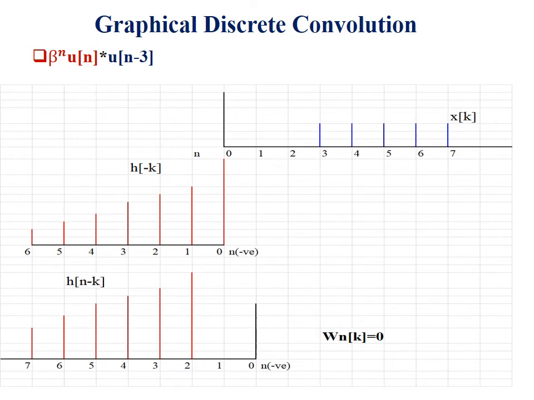Next, what are we supposed to do? As before, we need to shift h of minus k to a large negative value to generate h of n minus k. This has been done by shifting the signal from 0. It has been shown here only till 2, otherwise the signal may move out of the screen, and at any large value of n, even if we start the signal here, our main aim is what would be the value of Wn of k. We know that even at this stage,